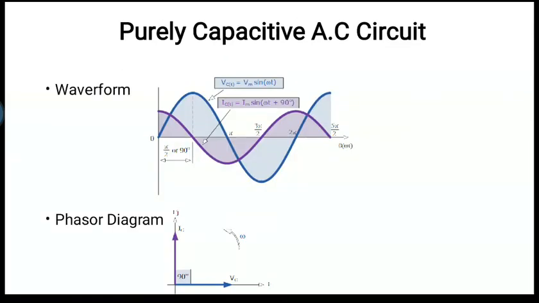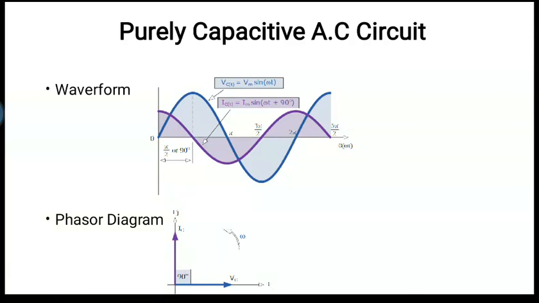So see the waveform. Who is starting from the top? Purple one, right? Purple is nothing but the current waveform. So current is leading here, right? How much is leading? 90 degree. And who is lagging? Voltage is lagging, right? So you can simply see the diagram and you will understand now. We have seen a lot of waveform examples for the phase difference. If you still have any doubt, you can go through my previous video lecture on the phase differences of waveforms. So that's why I told you at that time it is very important. Okay, now just go for the phasor diagram.